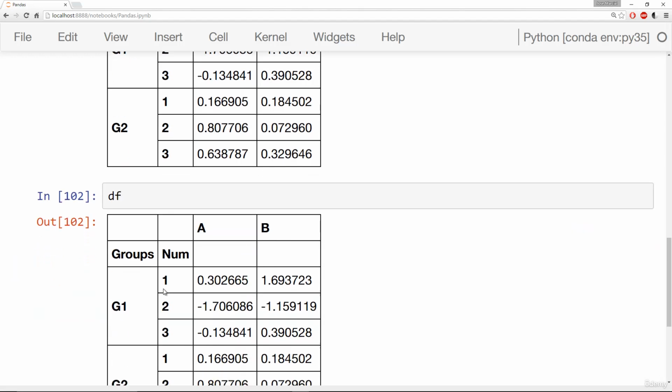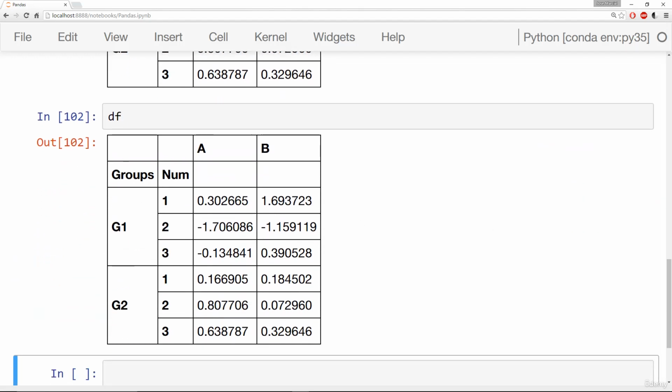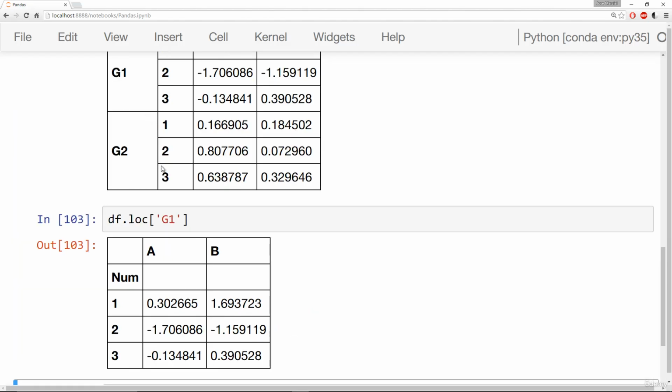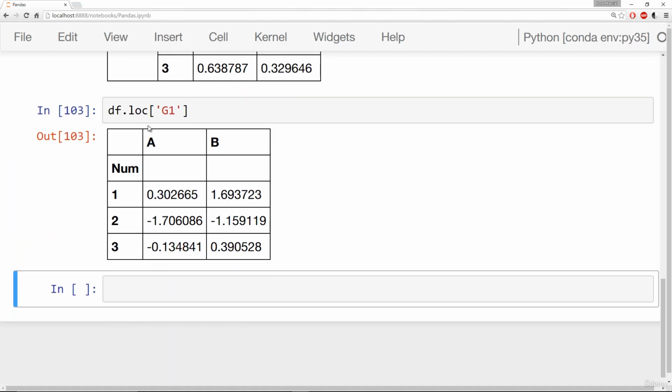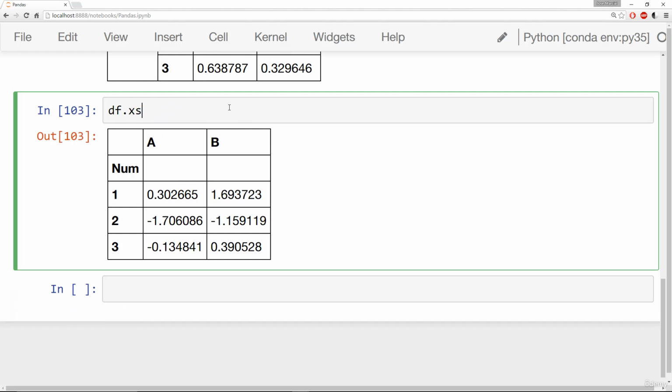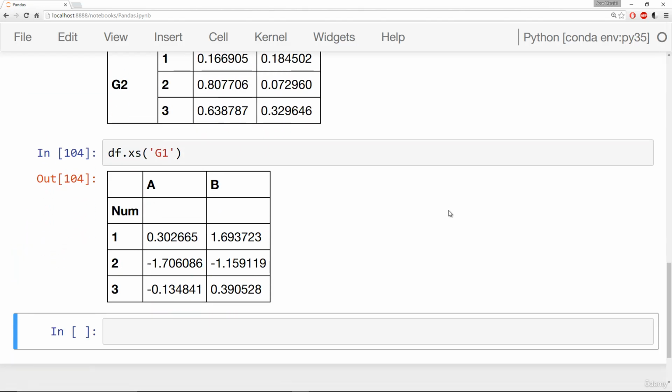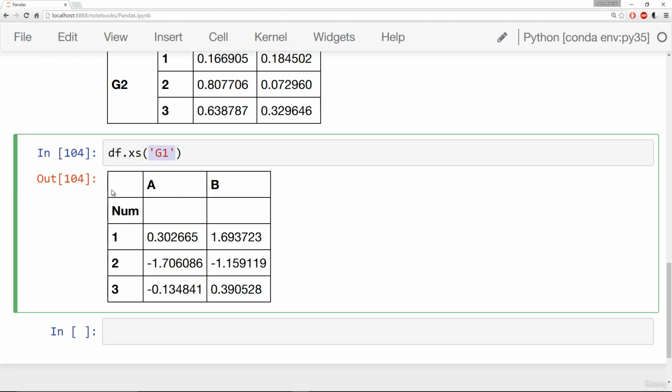So again, our data frame looks like this. Let's say we wanted to grab everything that was under G1. I could do what I just showed you, .loc G1, and that returns the data frame under G1. But another option for a multi-level index is using this XS, this cross-section, and then passing in G1 also as a string. But what's nice about this cross-section is it has the ability to skip or go inside a multi-level